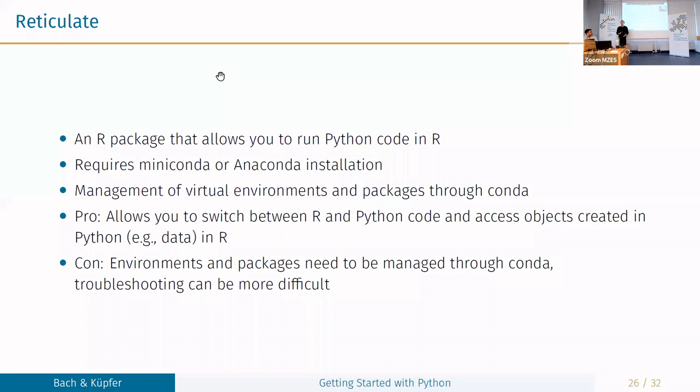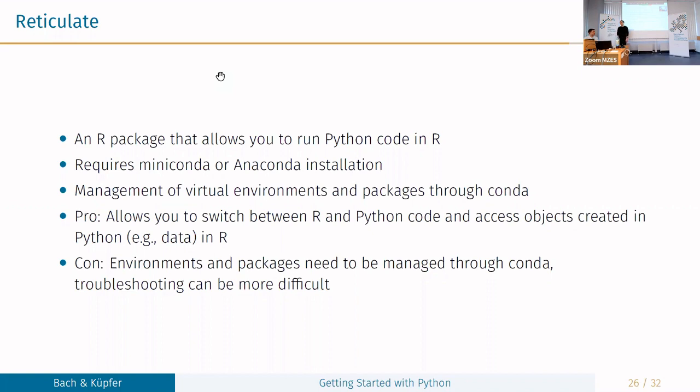On the downside, environment and packages need to be managed through Conda. Troubleshooting can be a bit more difficult. And my recommendation is, if you want to use Python, why not just start with Python instead of trying to sneak it into your code.